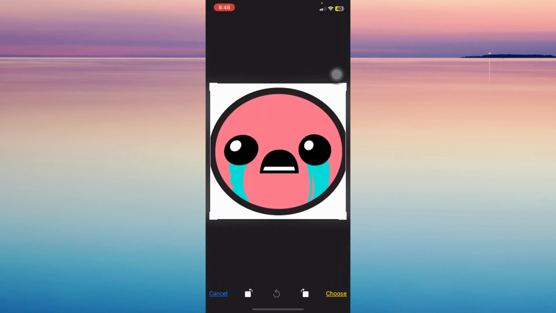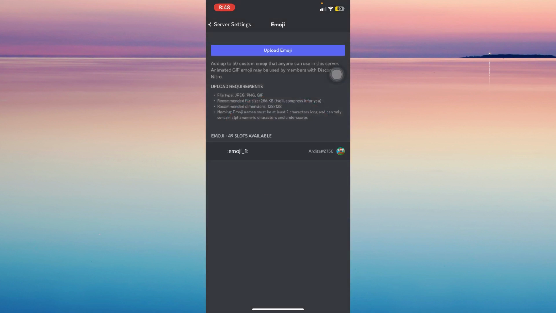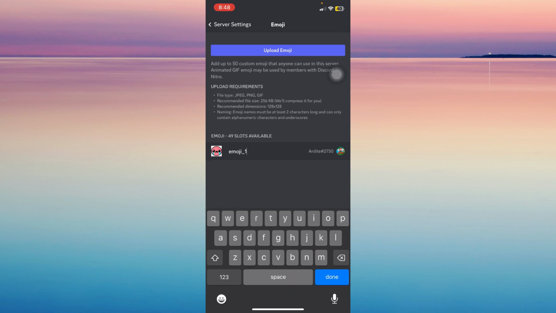After picking your emoji, then just tap on Choose and it will upload here. But with this, it will say emoji_1 or 2 or 3 or however many you've made. So just edit that by tapping on it. Let's name it